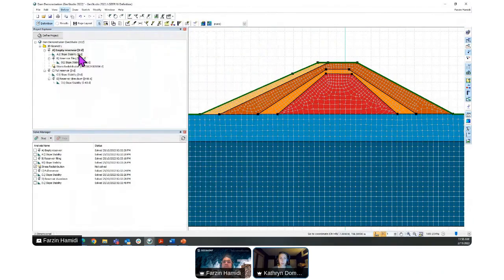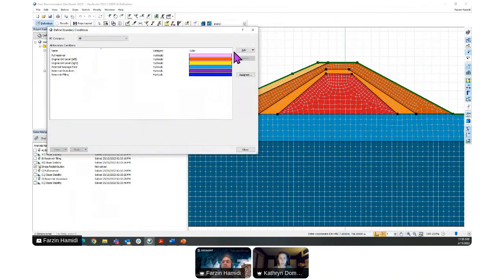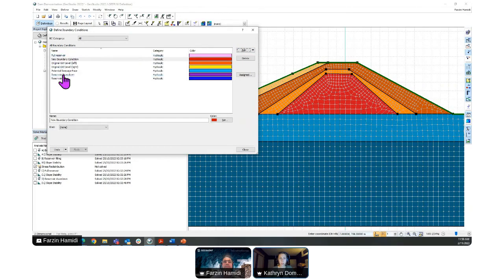If you go into the define boundary conditions window, Farzan, thank you, and add a new one, then one of the options under types is the unit gradient boundary condition. So that's only if you're modeling in the unsaturated domain for the whole time. And the bottom can be that unit gradient. And then you could have an infiltration boundary condition at the ground surface.